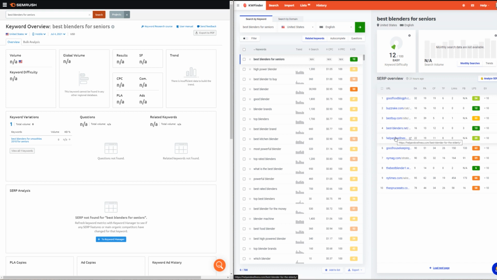So it's only when we get down to number 6, the Good Housekeeping one, that is more like general blender reviews, and I believe all of the ones underneath it from these very large sites are more general blender reviews. So these first 6 articles are all about best blenders for seniors, so it must be something you could write about. It must be something that has search volume, whereas on SemRush it's not giving me any information. So that's really